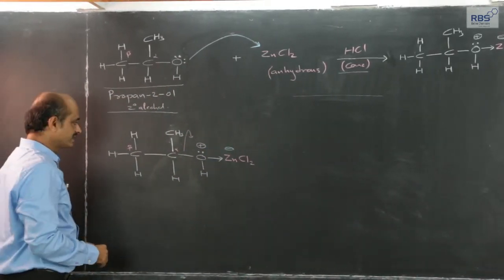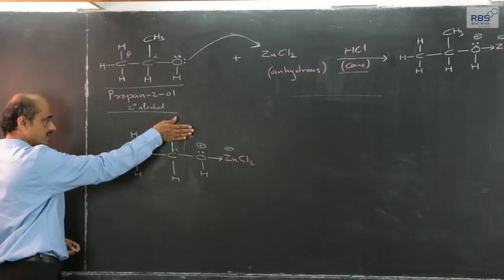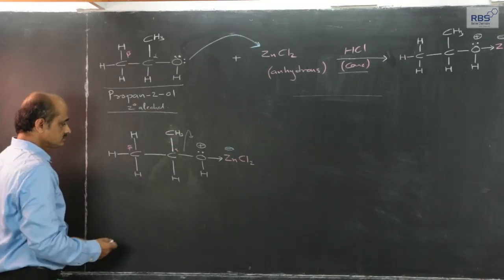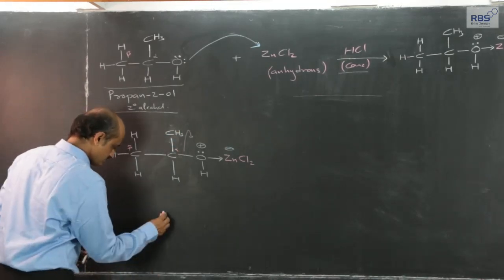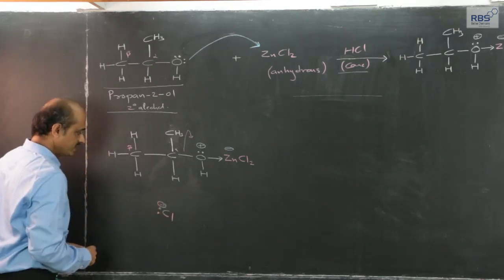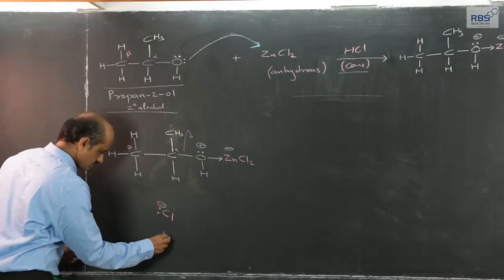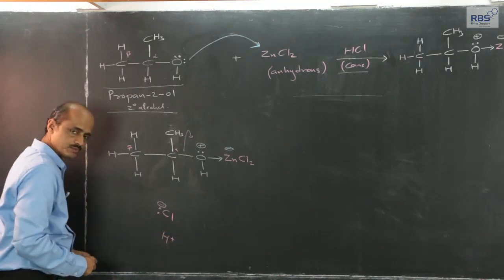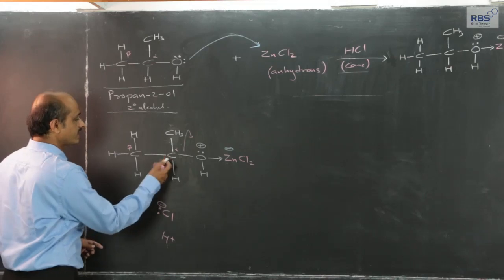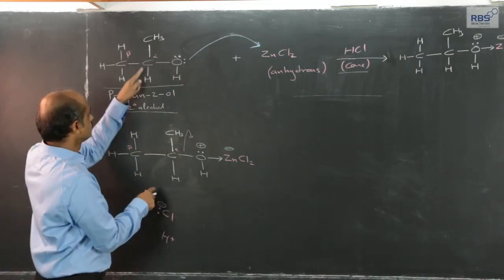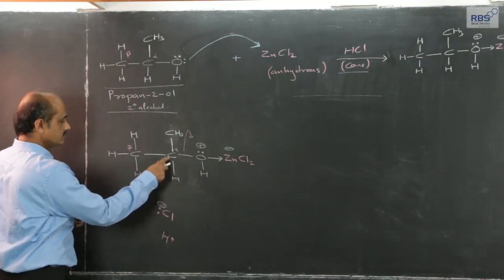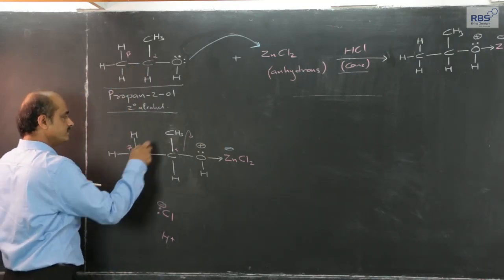Now, in the earlier example, when it was ethyl alcohol, Cl minus ion from HCl, from heterolysis of HCl giving rise to H plus and Cl minus ions, attacked the alpha carbon. This is the alpha carbon. The carbon to which the functional group is directly attached is the alpha carbon. So, this is alpha carbon, this is beta, even this is beta.